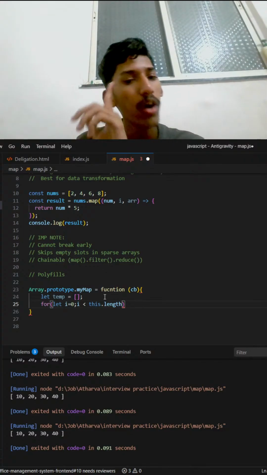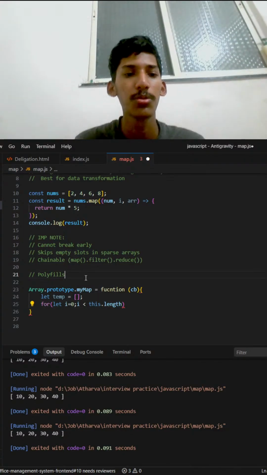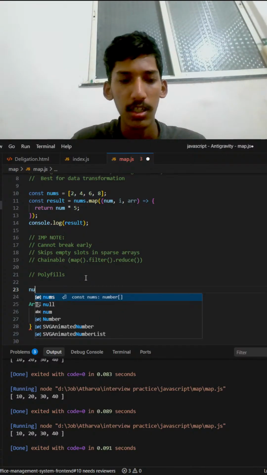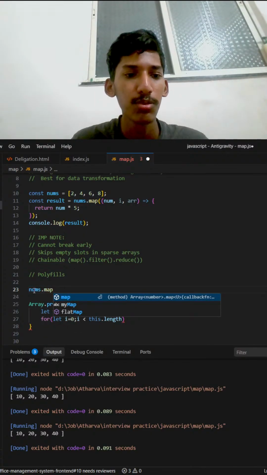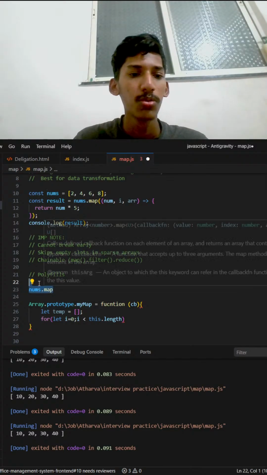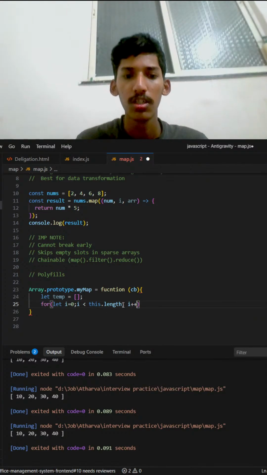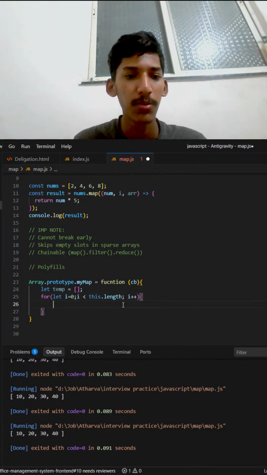Okay, so what do you actually mean by this? We are going to use nums.map, as you remember, so this will point towards the nums. So let's remove this. So this.length, and then i should increase one by one, and